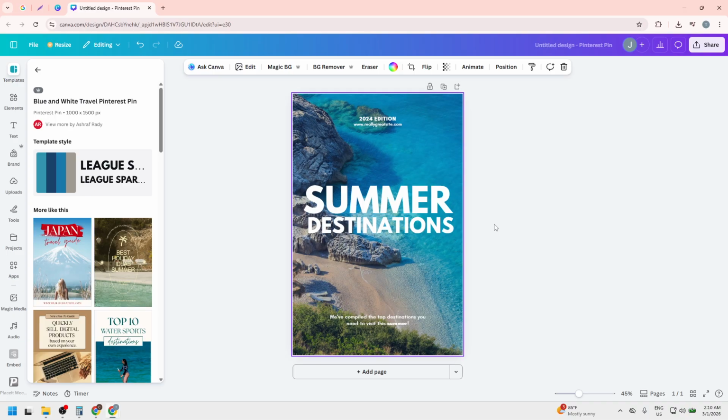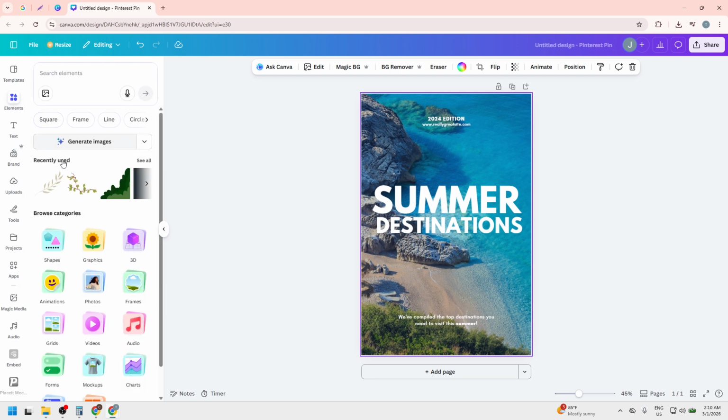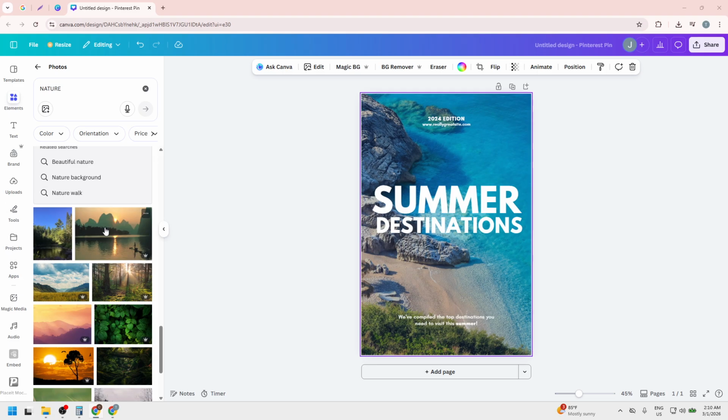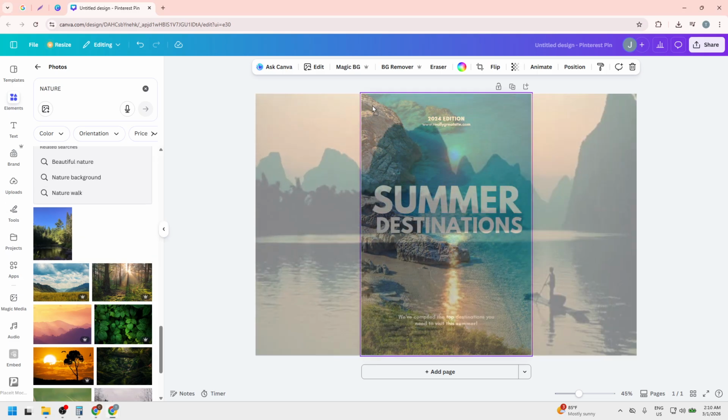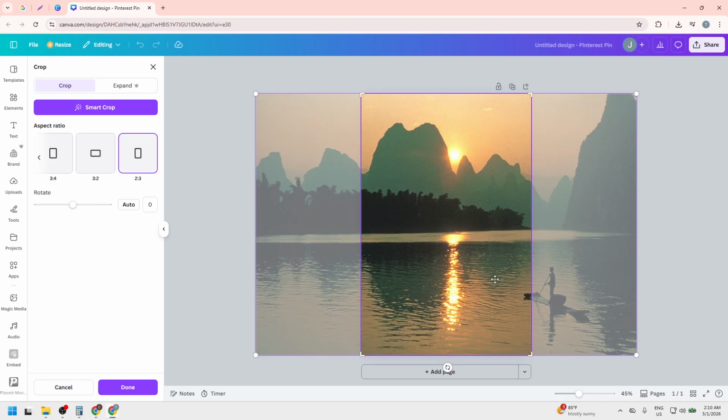Next, head to the Elements tab to find a strong background image. Pinterest is a visual search engine, so clarity is key. Pick a clean, high-contrast photo that communicates your topic at a glance, and stretch it to fill the entire background for that full bleed look. Use the crop and position tools to keep the focal point clear and avoid clutter around where your text will